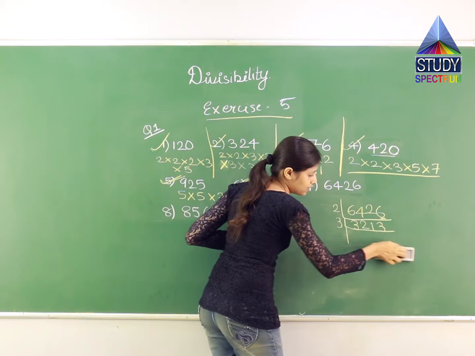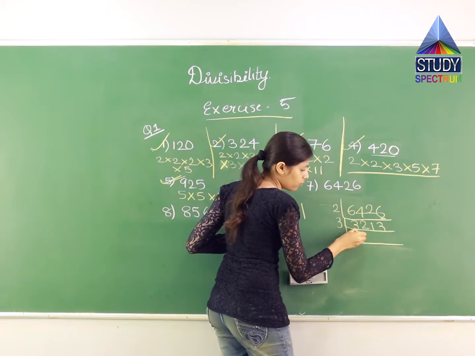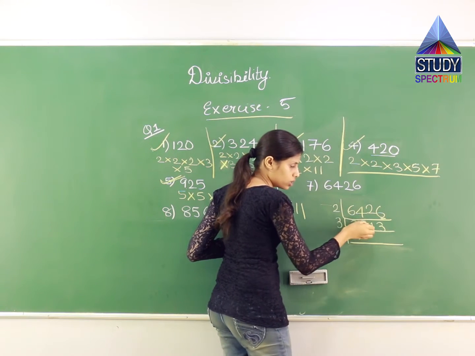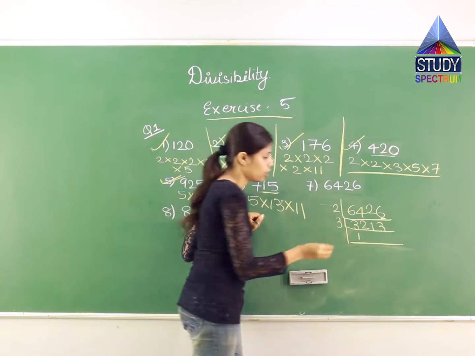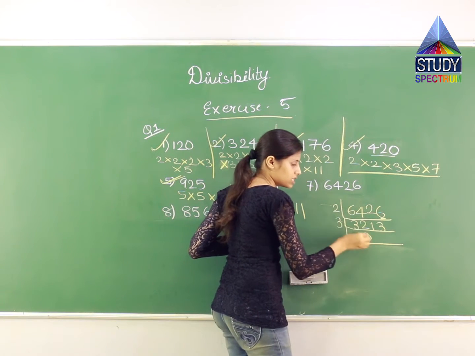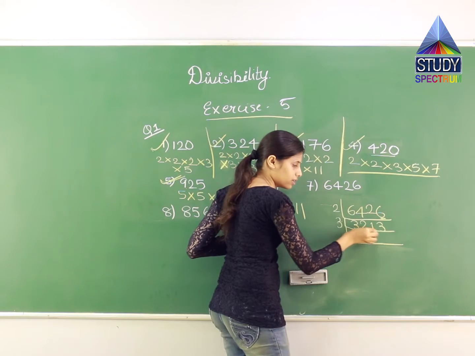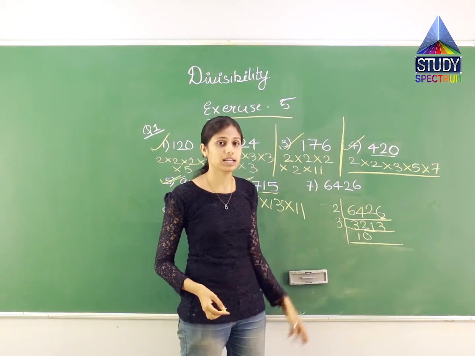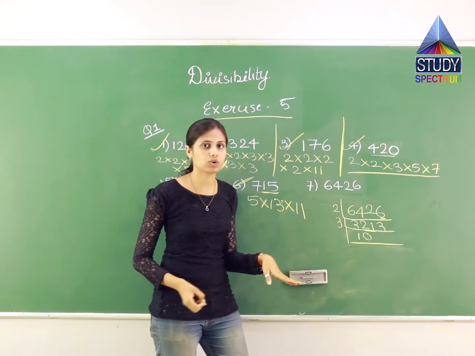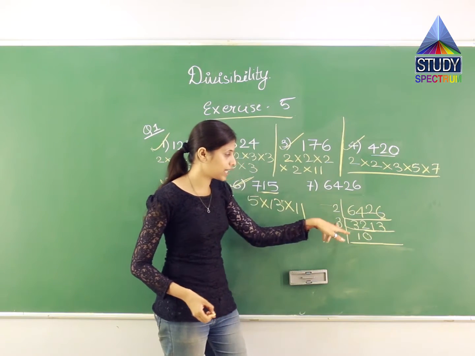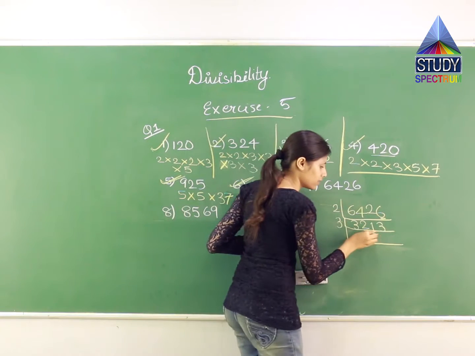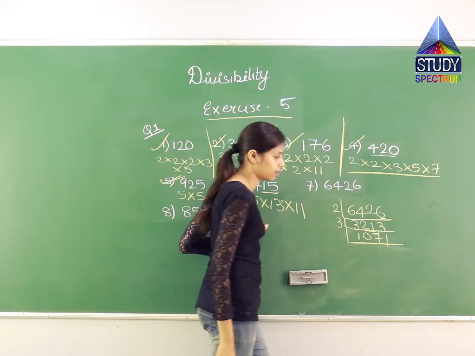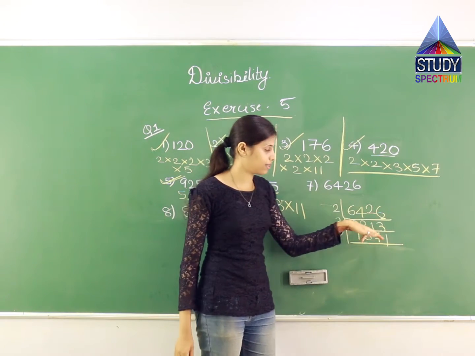So when I divide it by 3, I'll get what? 3 1s are 3. 2 over here, 2 is smaller than 3, so I cannot divide, right? So I'll put a 0 over here. So 3 zeros are 0 and 21. After writing 0 now, you can take 2 numbers. So I'll take 21. 3 7s are 21. So 7 over here. Then 3 is left, so 3 1s are 3. That is how I got 1071.